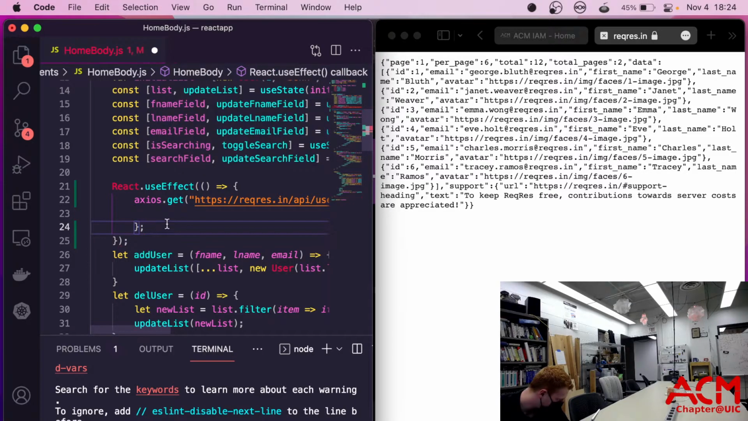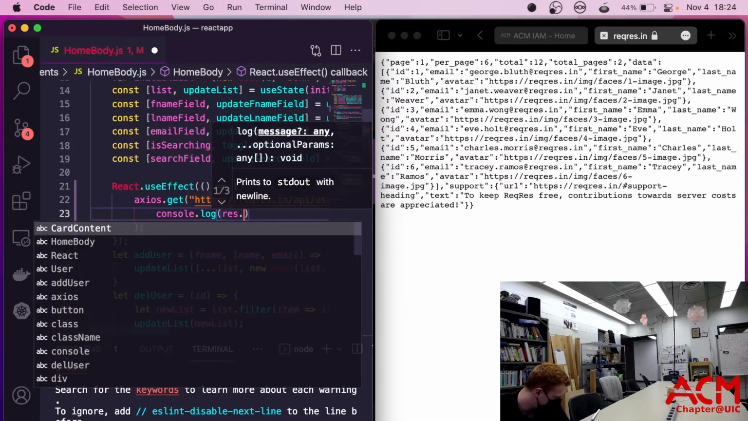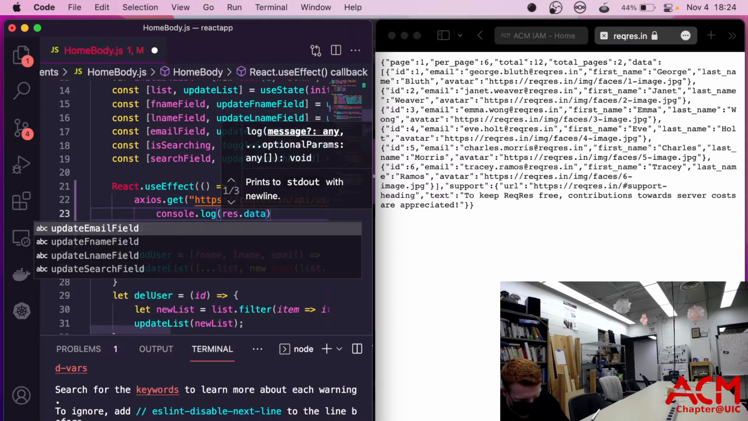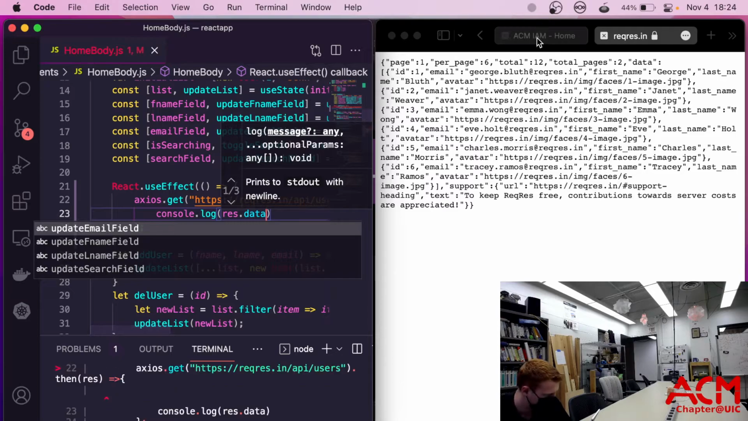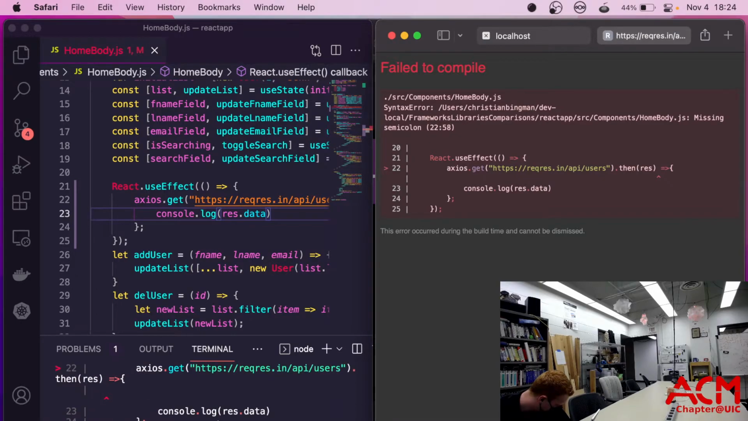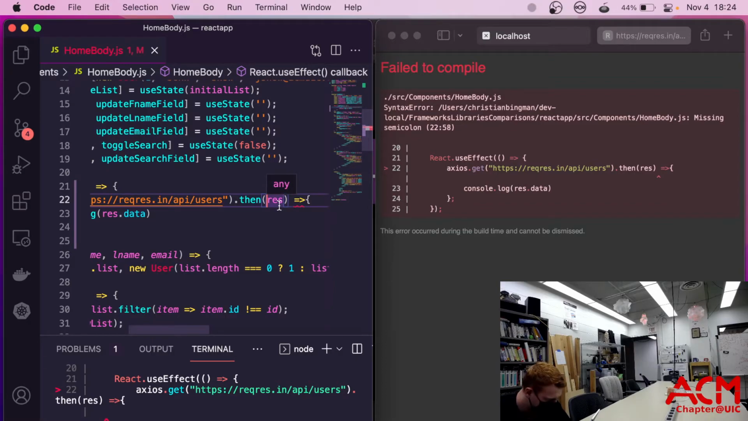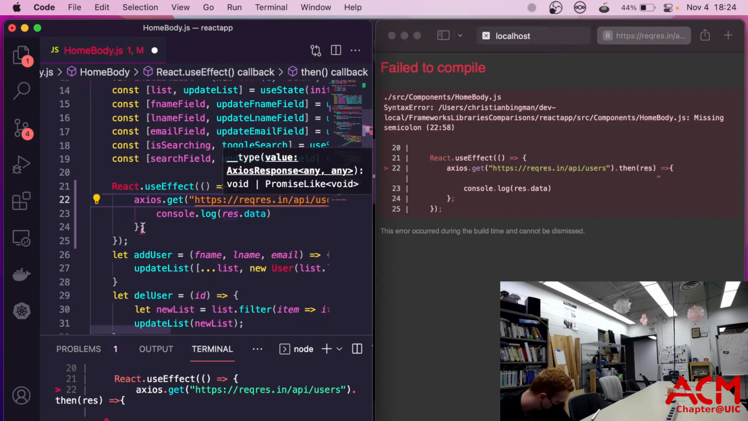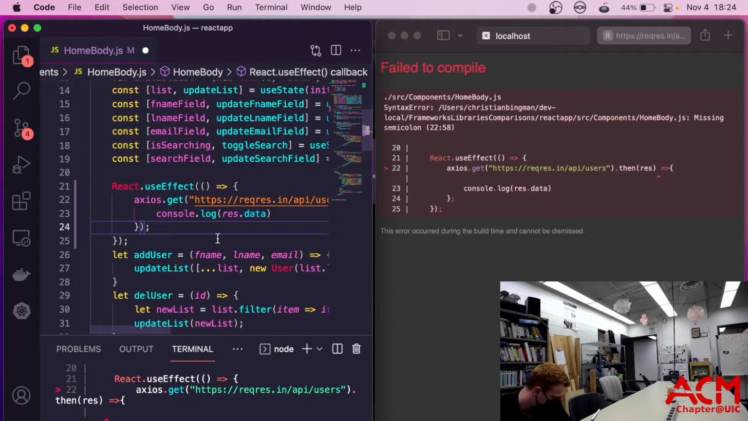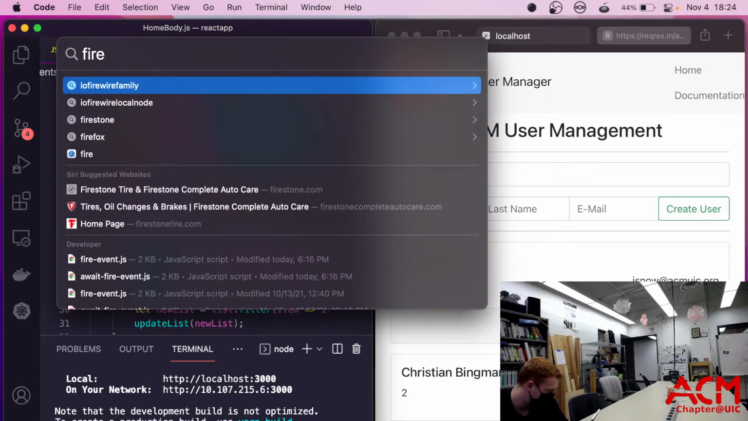No, that is not what we need. There we go. And we need to handle the response. So we can actually just console.log the response data. So if we paste that, missing semicolon. And we open it in something that has a nice